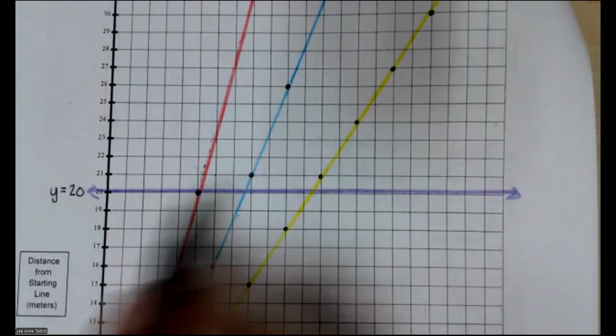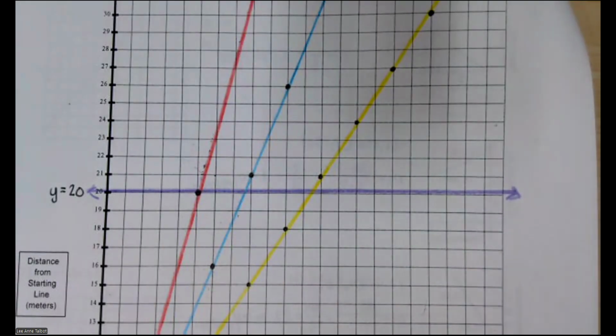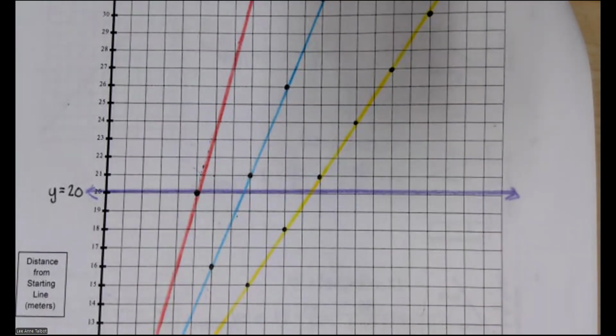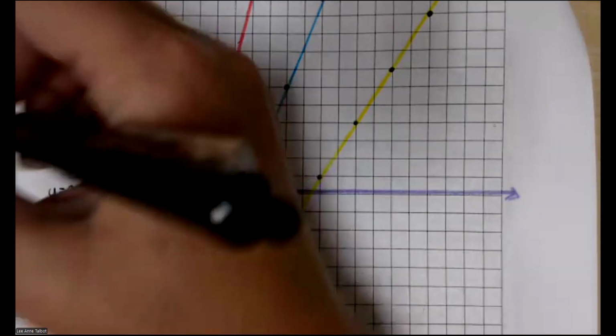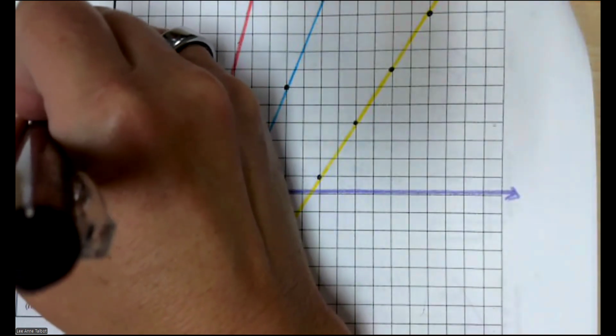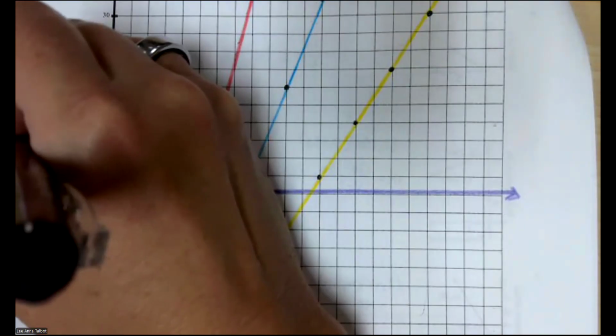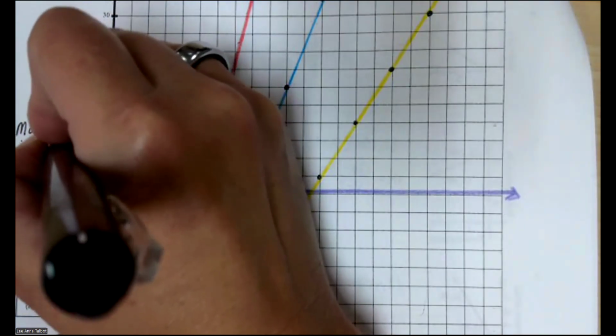This has a slope of 0. So its equation is y equals 20. Okay, so who won? Mark won in 5